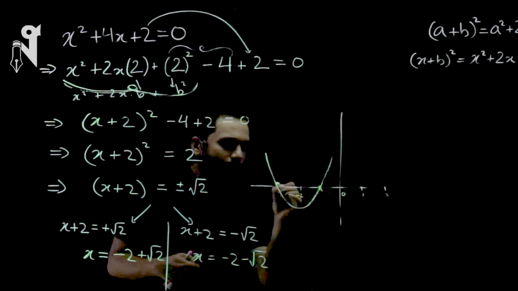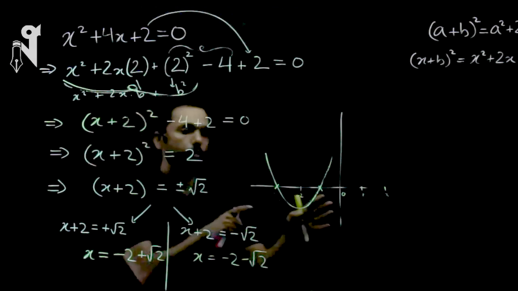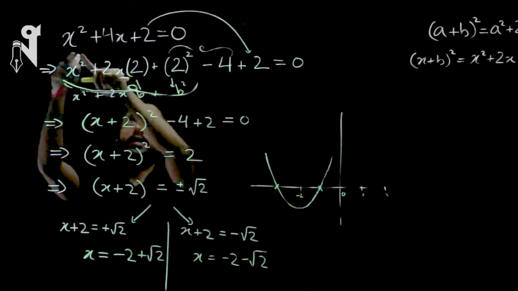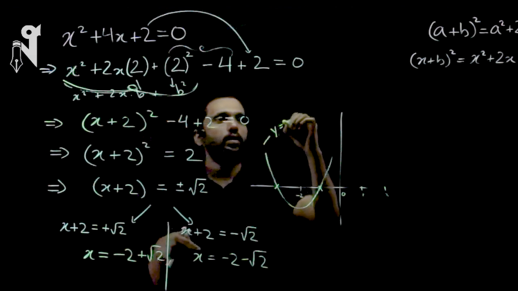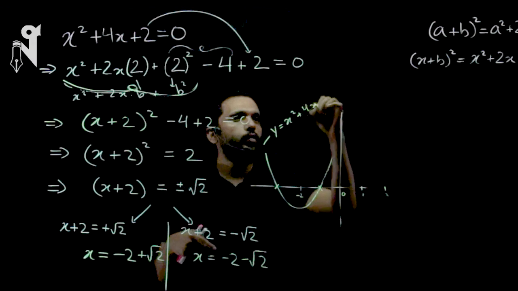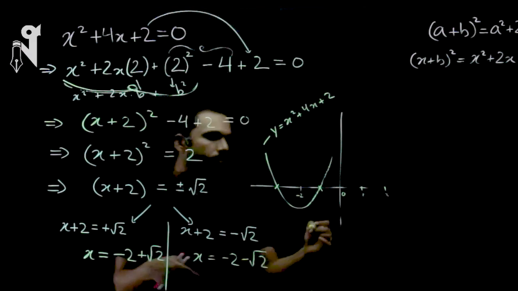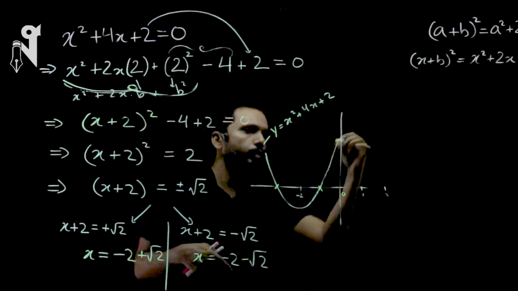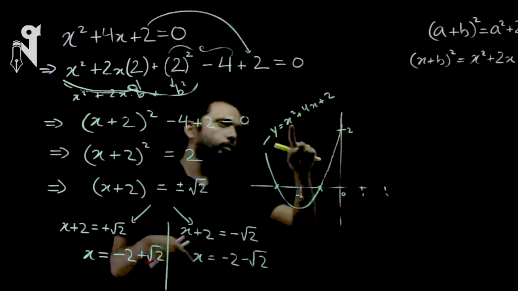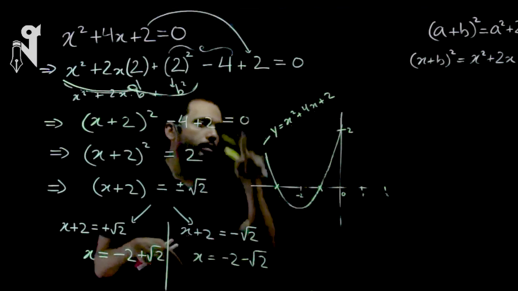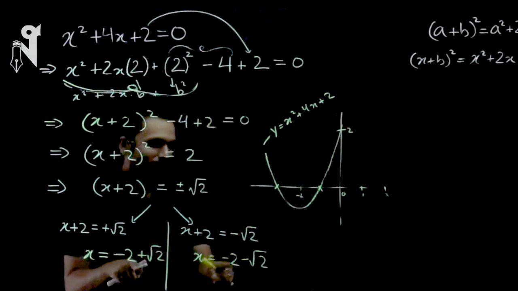Now where it is cutting the x-axis, that is the x-intercept of the quadratic polynomial. I don't have a polynomial written over here, but had this been equal to y, then that is the polynomial. So this polynomial is y equal to x square plus 4x plus 2. By the way, it is going to cut the y-axis at 2 also, because when you put x equal to 0, you get y equal to 2. You can put any x and you'll get a y, and that's the plot. So what x is making the y as 0 is this x and this x.